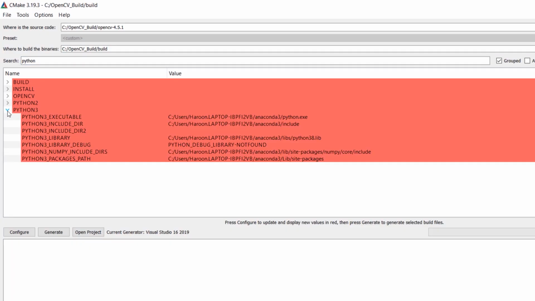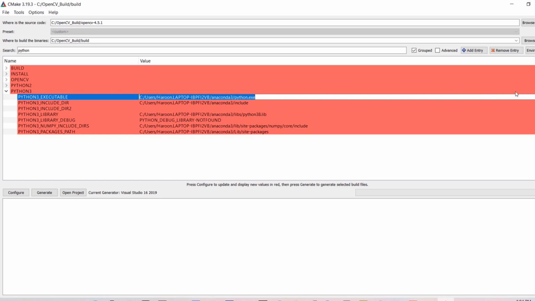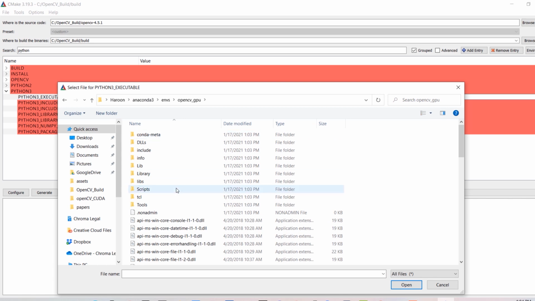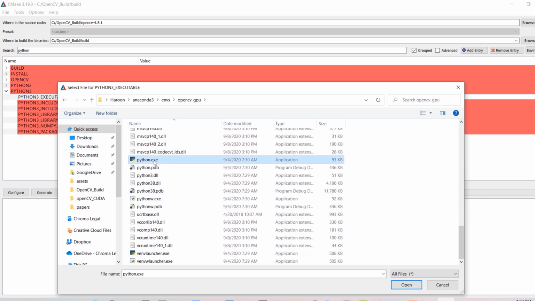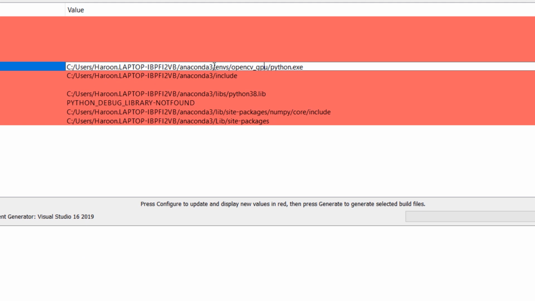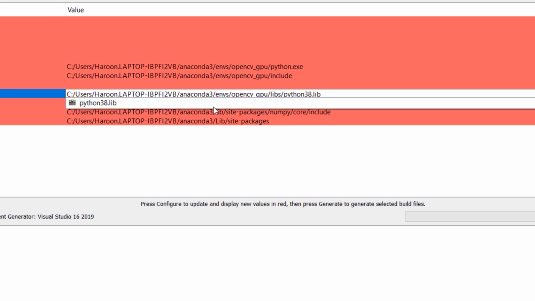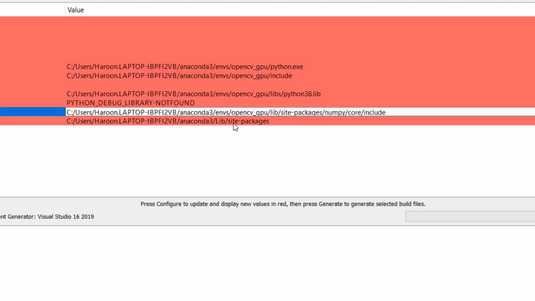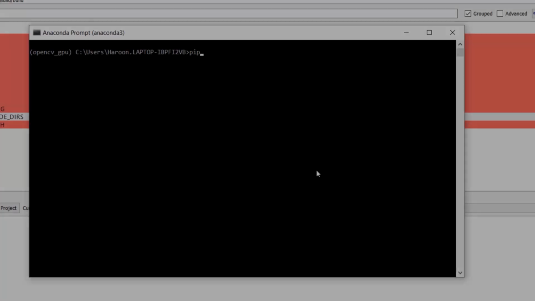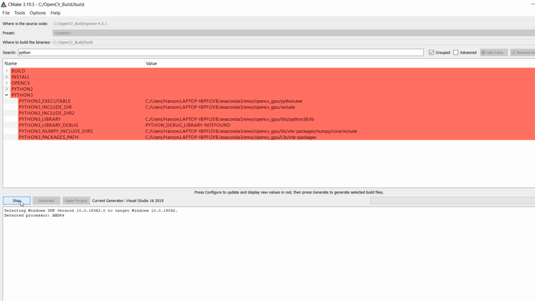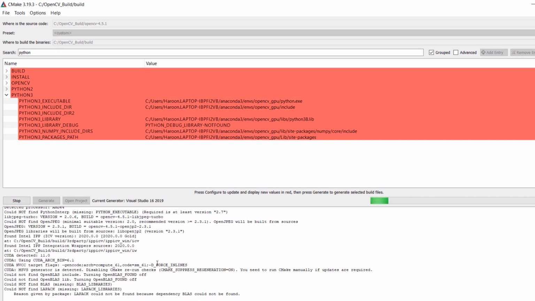Let's open cmake GUI again and search for Python 3. In this block, we will need to change all of these paths to our virtual environment. We see that there are two more folders that are added to the path. It's env and then virtual environment name. I'm going to just copy it and paste it in all other paths so that these now point to virtual environment instead of base environment. By the way, we did not install NumPy in virtual environment, so we should do that before moving forward. Now if we hit build, we will see that the Python bindings path is changed to our virtual environment.